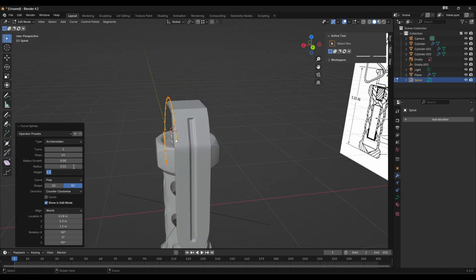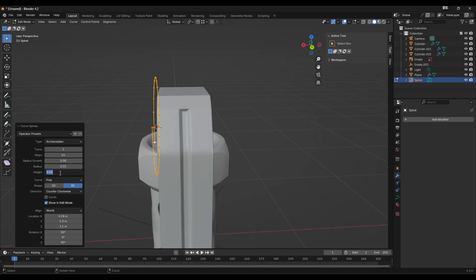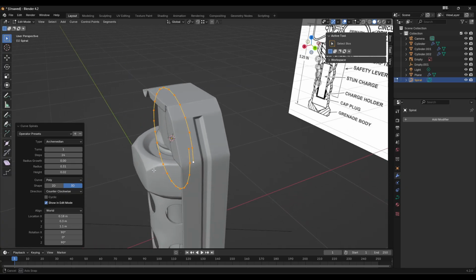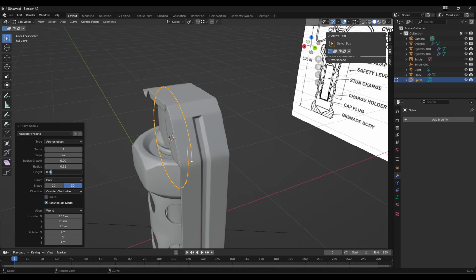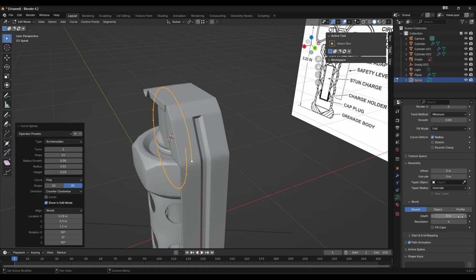Let's do 0.05. Okay. Let's go 0.01. That's too little. 2. Maybe 3. Let's go 3. Okay, so it's got a height of 0.03. So if we go into our spiral here, we can go to the geometry and add the bevel depth of